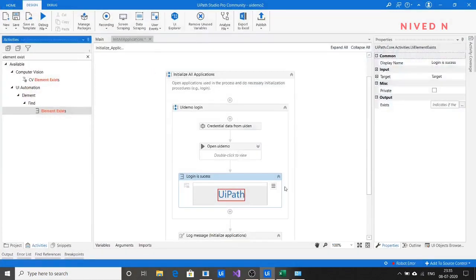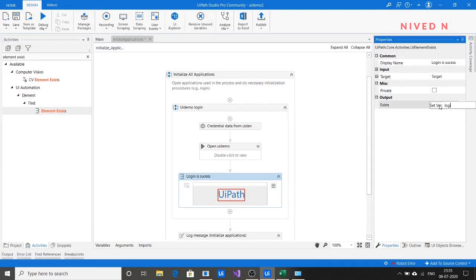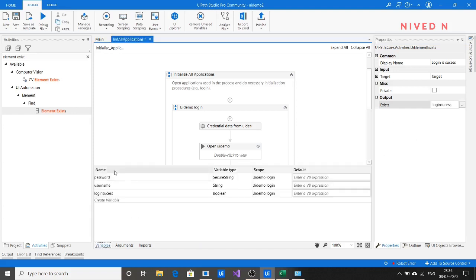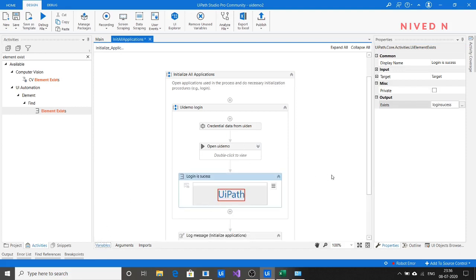The data of the element exist activity you can store in the form of a boolean variable. Just give it the name login success. It is actually a boolean variable, which checks whether this element exists or not.